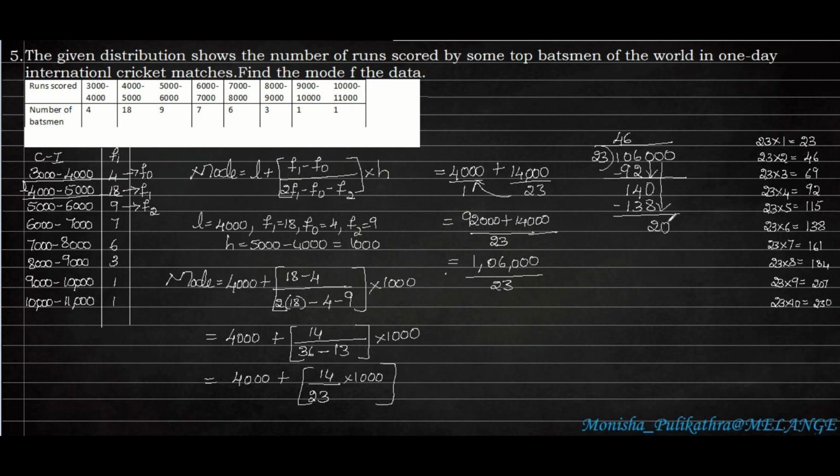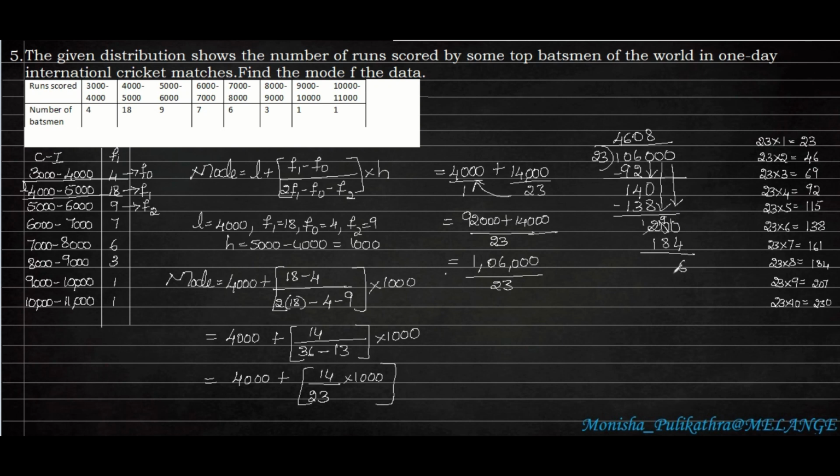So I'll be taking one more 0, whereas 20 is not divisible by 23. So we have to take another number. If we have to take 2 numbers simultaneously, we have to put a 0 here. If I put a 0, I can take another number here, 200. So 200 here, 23 8s are 184, which is lesser than 200.